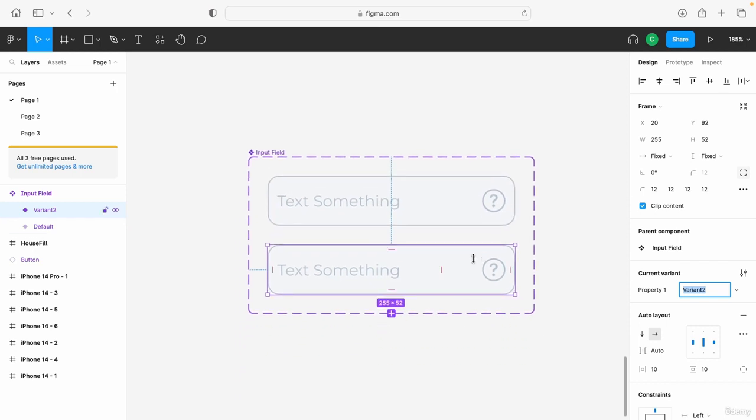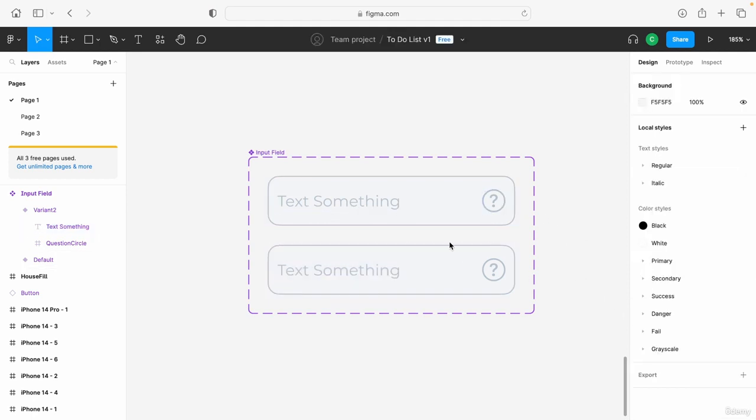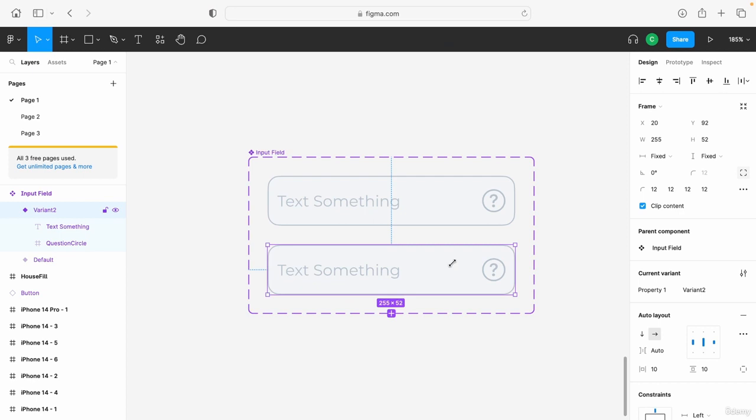To add a variation to an existing component, we can select the component and choose this diamond icon with the plus inside. What it does is create a component, but the only downside is these two components are linked, so when you change something in one of them, it changes the base component as well. To prevent that, you should select the component